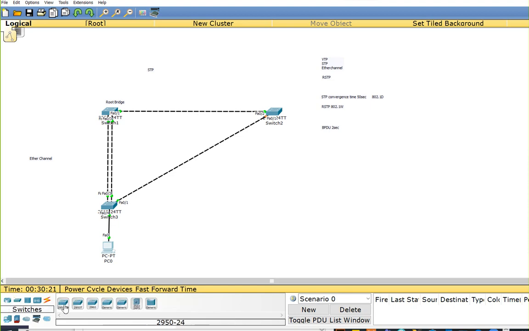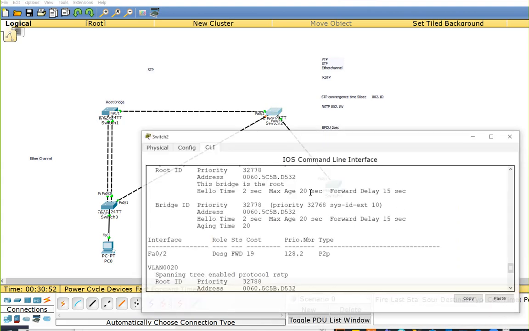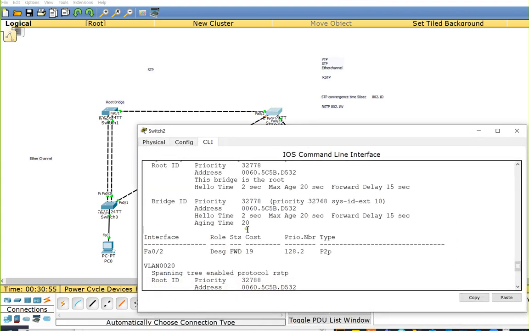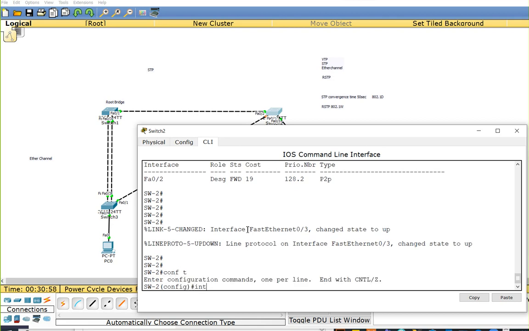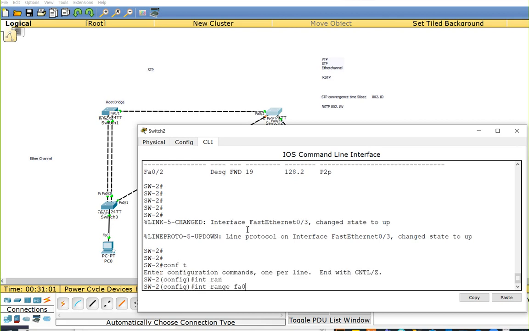because the problem is if someone plugged a rogue switch in here and then connected that switch with this switch and made it a lower priority switch, then this switch will become the root switch and all the traffic flow will go that way. Which we don't want, right? Because this is a malicious switch. Somebody put it in, changed the priority and became root bridge, and then we'll have a big problem in our network. So to avoid this, what we do, we take ports, for example, config t, interface range fa 0/5